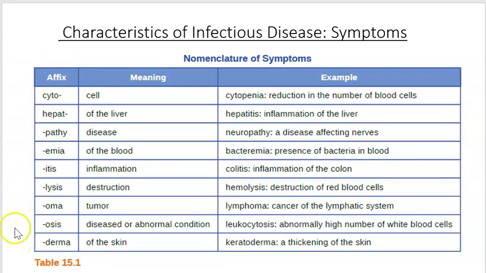Probably the one that we are most familiar with and thinking about is this itis right here. And itis, whenever you see that tagged on to anything else, is just inflammation. So you can have arthritis, an inflammation of the joints. So just think about these terms and how they can be used. Whenever you hear about derma, you're looking at something associated with the skin. So just a variety of terms to be familiar with,